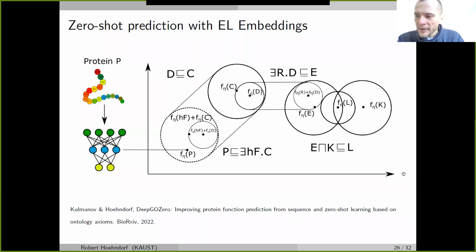So I'll have to come to a close if we want to have the discussion. So maybe we can look at this method in detail, but I think it's pretty clear that if we have proteins P and we project them into the same space, then we can use the relational model and the relation between these n-balls to infer functions of P, even if we don't have any training data.